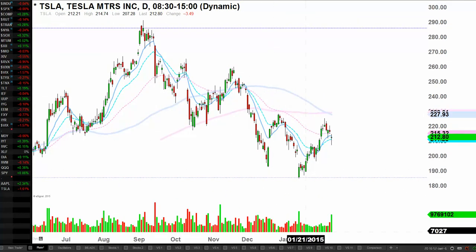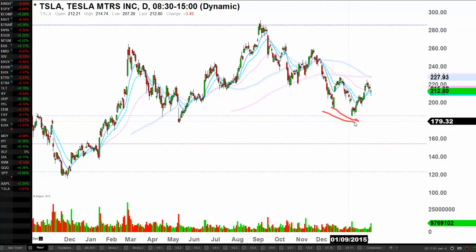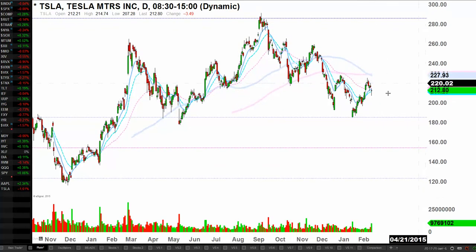I haven't been involved in Tesla at all since we closed all of our long positions up here. I didn't try to short or anything. But you can see we're still in lower high, lower low territory. We did have a bullish divergence here, and we're seeing a certain bounce, but it's still in that territory of a lower high. We weren't even able to gap back up here, or at least gap back up and then pull back. Then maybe we could have had some kind of inverted head and shoulders,